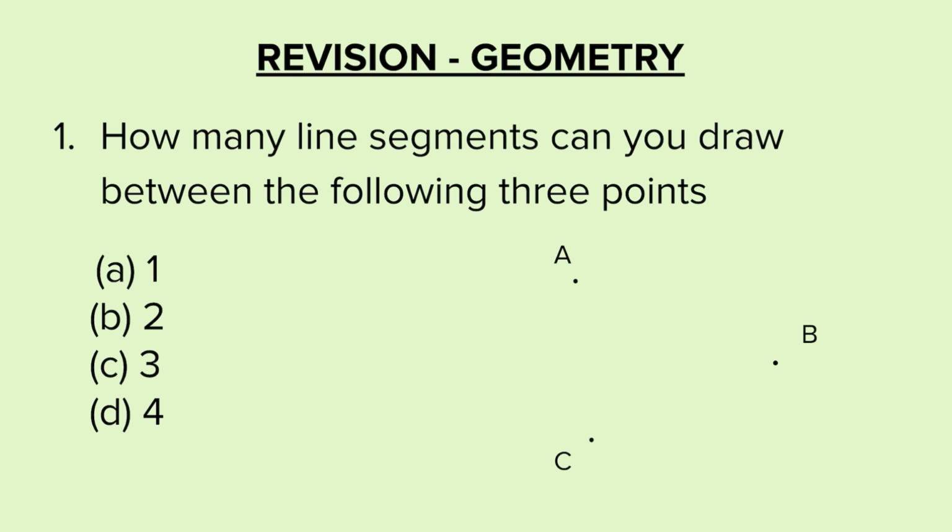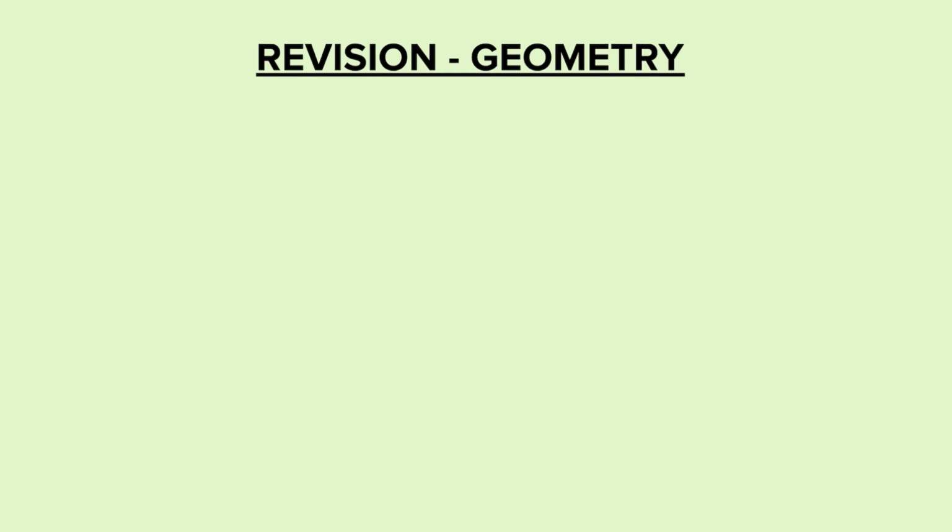Here in the first question, we have line segments between 3 non-collinear points. So we will draw the lines between point A and point B, point B and point C, and point C and point A. There is no other line that you can draw. Basically, you connect each point to the remaining points. Point A is connected to both C and B. Point B is connected to the other 2 points, and point C is connected to the remaining points A and B. So we have drawn all possible line segments. Our answer is 3 line segments can be drawn between the 3 points here.